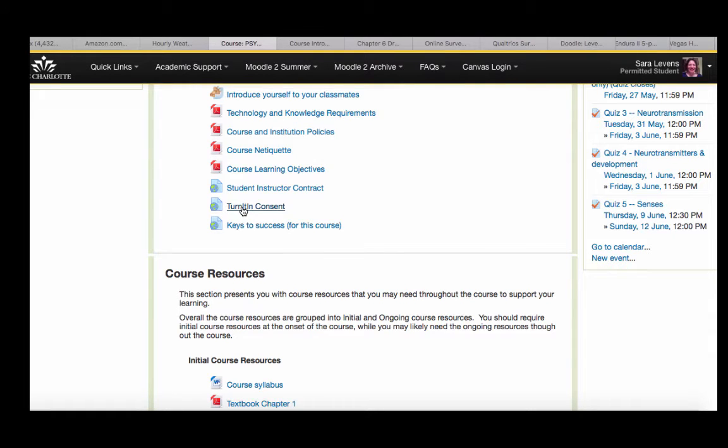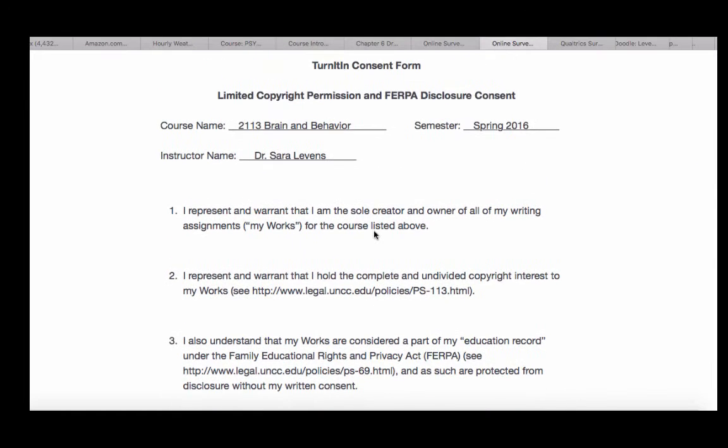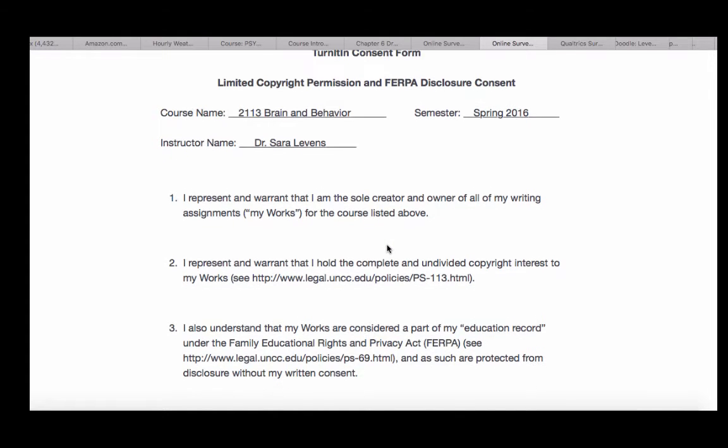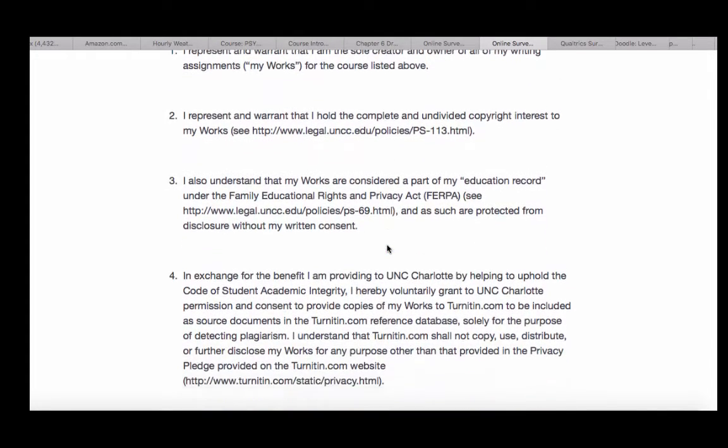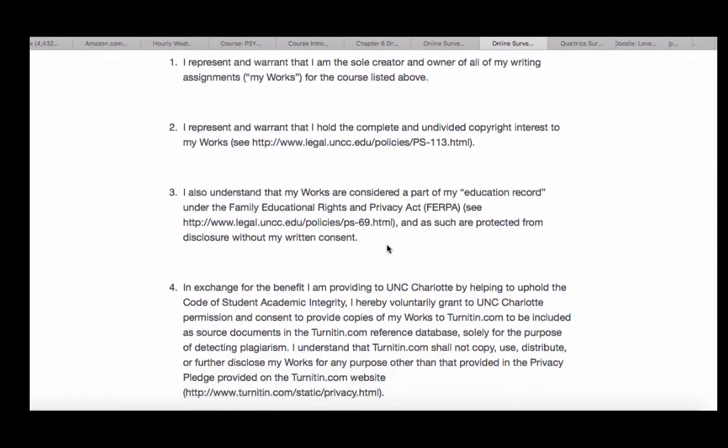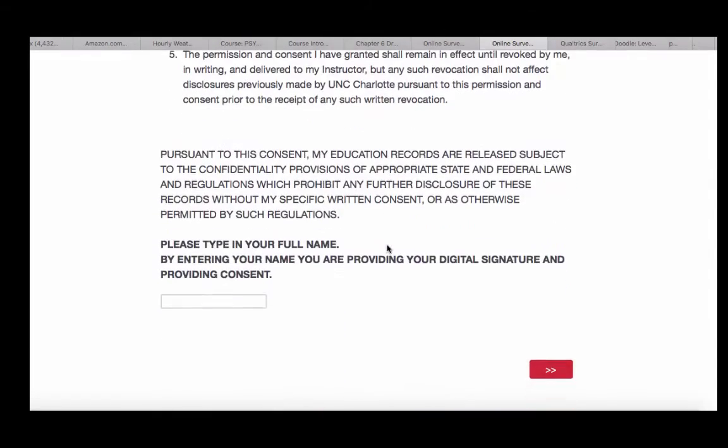So all you need to do is click here. You'll be brought here to this Turn-It-In consent document. This is language that is provided by the university. So this is a university consent form that you need to sign as part of your participation in this course. So you can read through the consent document, and again, all you need to do is provide your digital signature